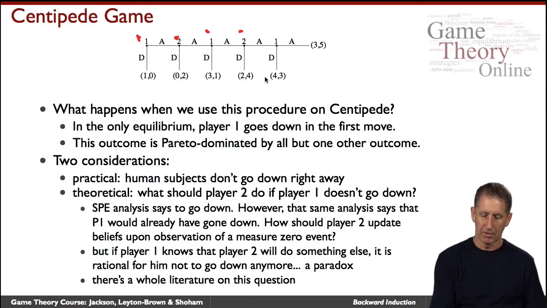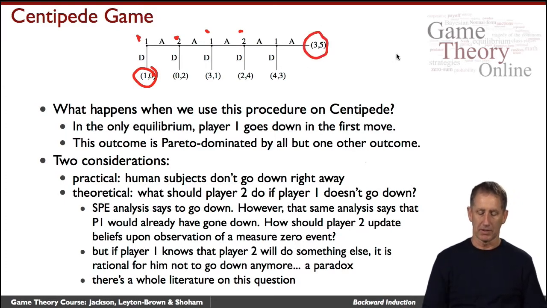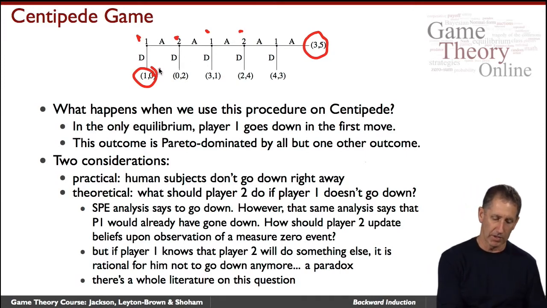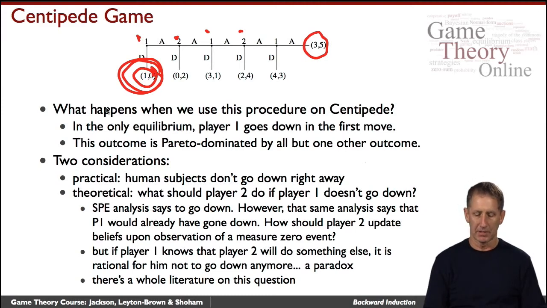The payoffs slowly rise so that the payoffs here are much smaller than the payoffs here, and indeed very much so if you keep going. But even though they rise, they are contrived in a way that leads to only one subgame perfect equilibrium. Players will defect in every place. Their pay will go down in every place here. So the only subgame perfect outcome is this one, where the first player defects immediately, goes down immediately,